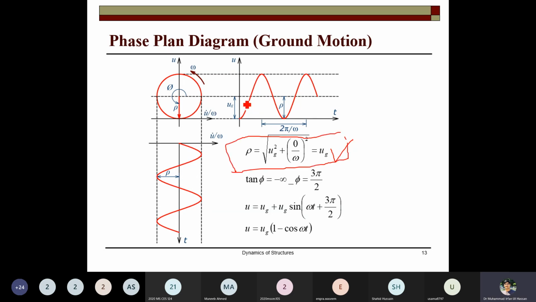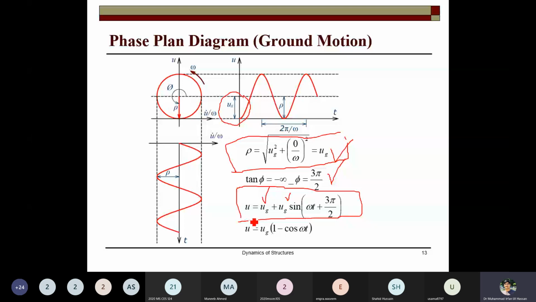When the ground displacement is given, the angle is equal to 3 pi by 2, and when you see the response, ug sin of omega t plus 3 pi by 2, and then putting the value ug and taking it common, 1 minus cos of omega t,